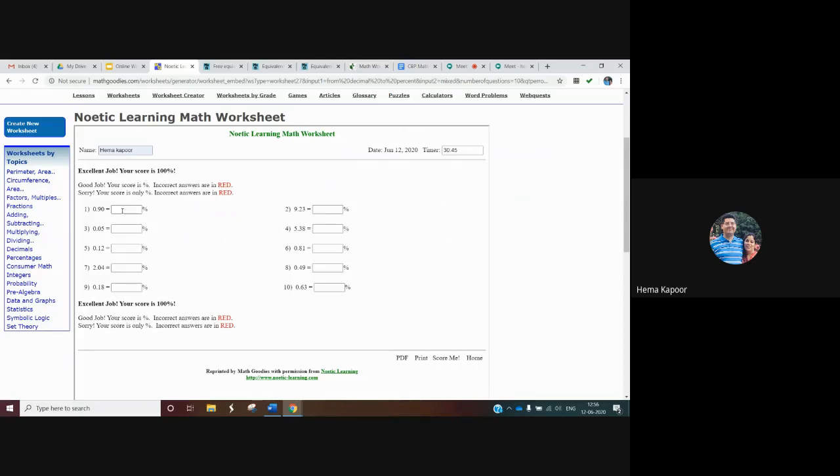Like 0.90 into percentage, the answer is 90, and so on. We have to multiply this by 100%. Again, the answer is 5, and this is how the student will write the answers, and then he can go for the option score me.